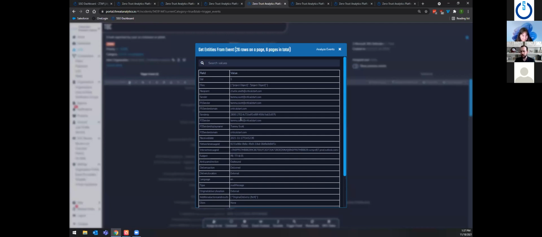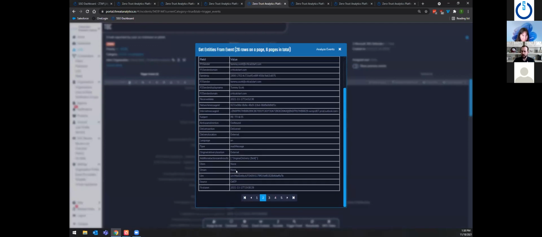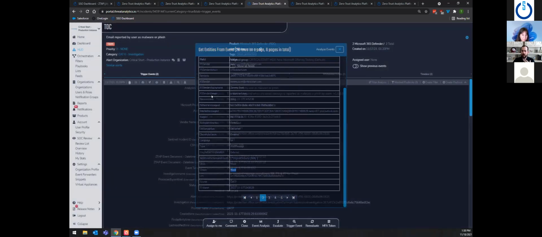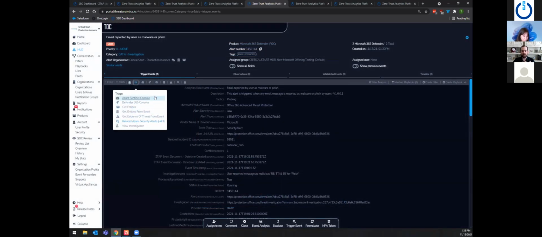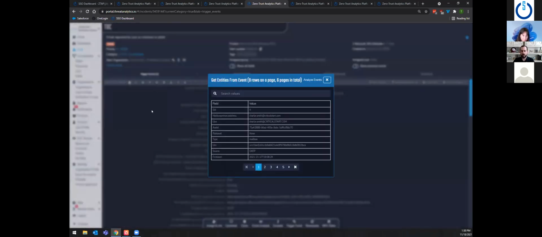But a couple of things that stood out to us as we were looking through this is, one, you scroll down right here, immediately you see DMARC is none. That already makes us a little more suspicious from a security perspective. And so there's a couple of things that Critical Start can do. One, via API, we're reaching into the different components of M365. We need to go into Microsoft Sentinel. We need to go into the Defender 365 console directly. But again, what I just did straight from here was say, show me all the entities from that event. So via API, we're pulling that data back so that our SOC can make a well-informed decision,